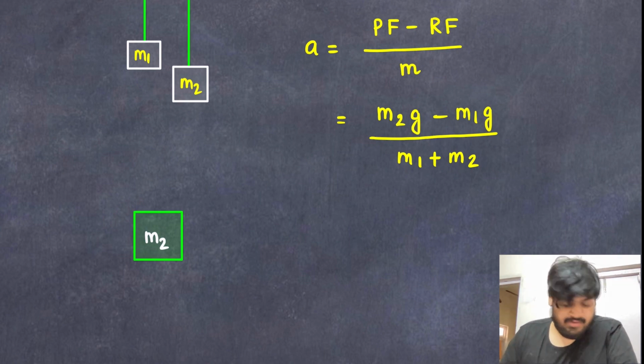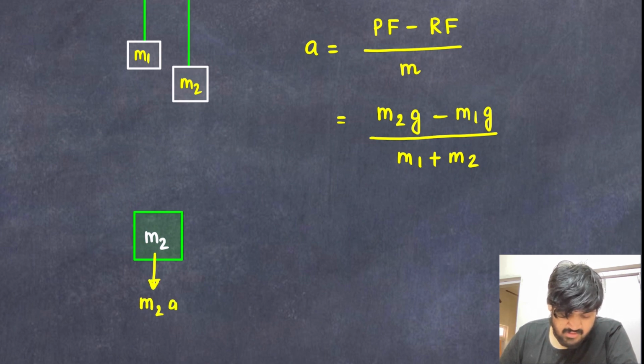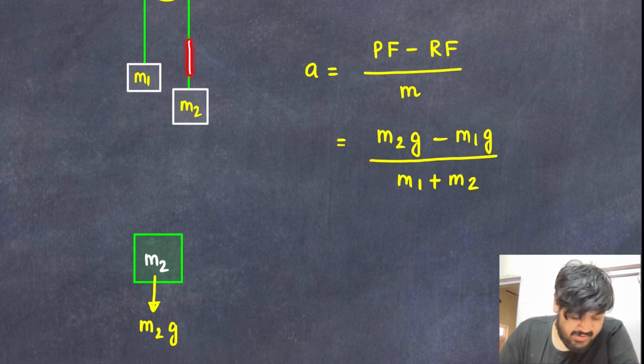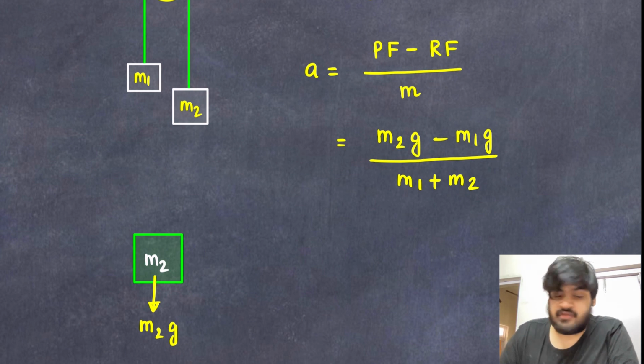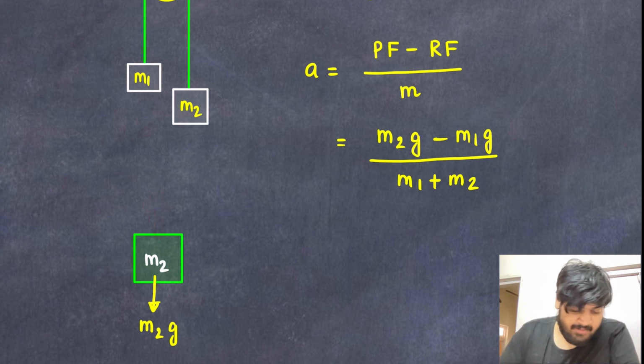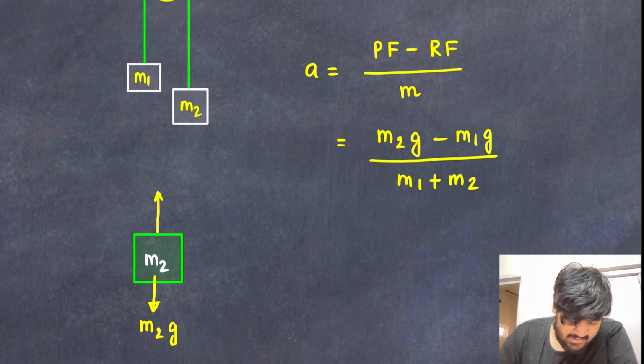Okay, so in order to draw the free body diagram, downward क्या force लगेगा? Weight of the body, right? So that is your m2g. Okay, and see over here m2 के ऊपर क्या है? स्ट्रिंग है, राइट? m2 के ऊपर स्ट्रिंग है. स्ट्रिंग क्या देता है? टेंशन फोर्स, राइट? और टेंशन कहाँ लगता है? Away from the body. Okay, so this is the body. What is the direction away from the body? This is the direction away from the body, right? So that means tension always acts away from the body, and over here tension लगेगा T ऊपर.